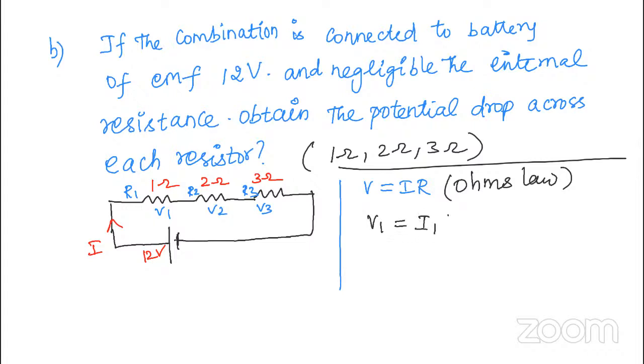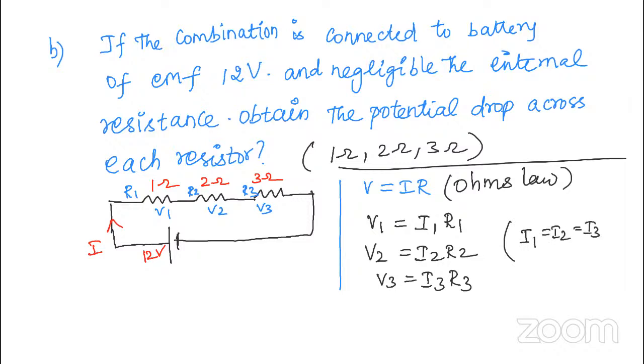It is I1 into R1. V2 is I2 into R2. And V3 is I3 into R3. Okay. For series condition, we know that I1 is equal to I2 is equal to I3 is equal to